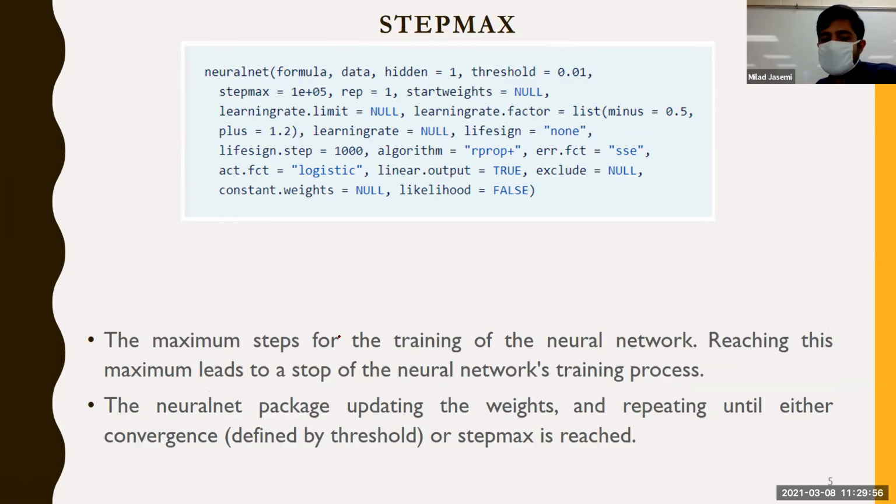The maximum steps for training of the neural network. Reaching this maximum leads to stopping the neural network's training process. What is the first set of weights you have for your neural networks? As we discussed before, all of them are random numbers. But random numbers get updated